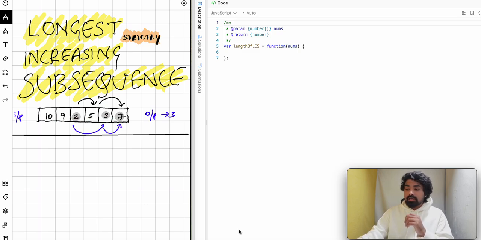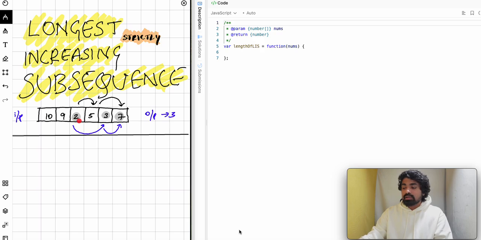What we have to do is find a continuous increasing subsequence, something like 2, then 5, and then after 5 we have 3 here, which is less than the previous 5. So this is no longer an increasing sequence, so we just skip it and go here, which is greater than 5. So one example can be 2, 3 and 7, and another example can be 2, 5 and 7,